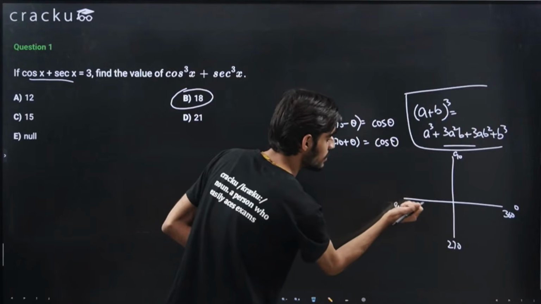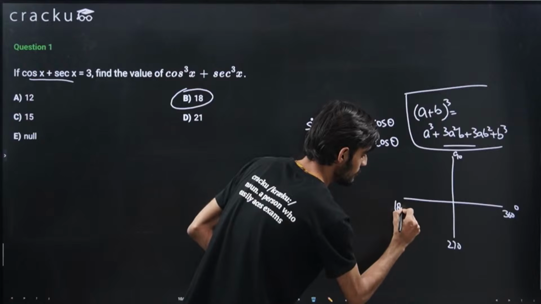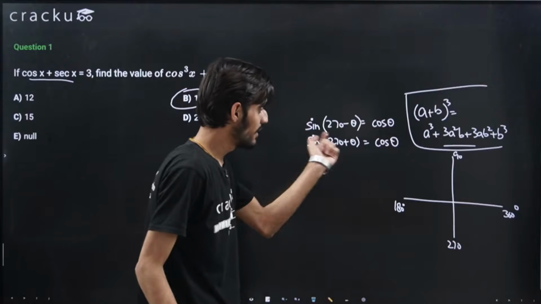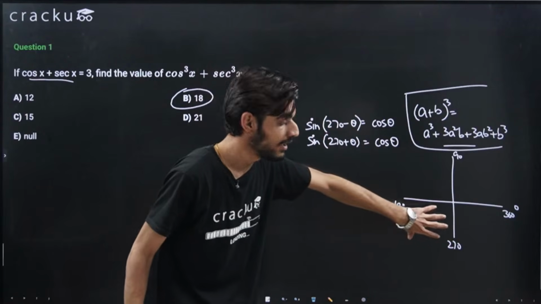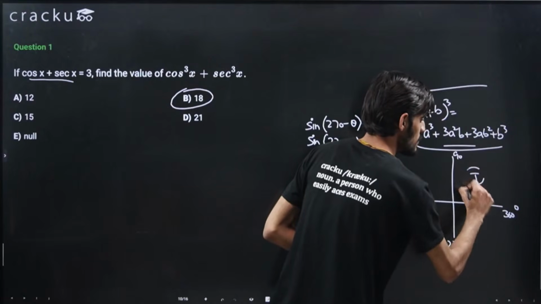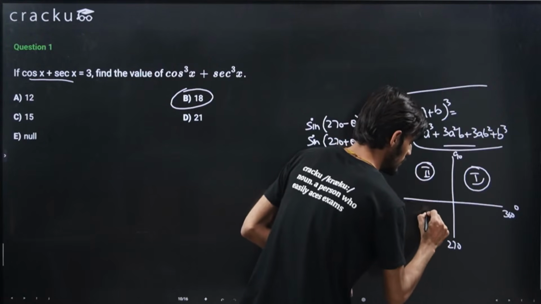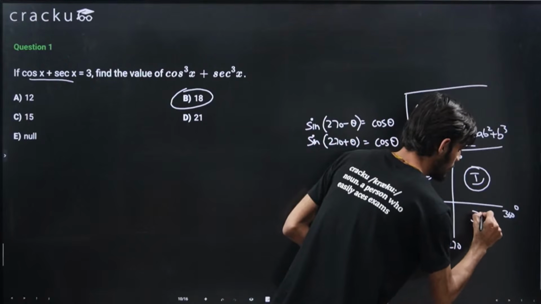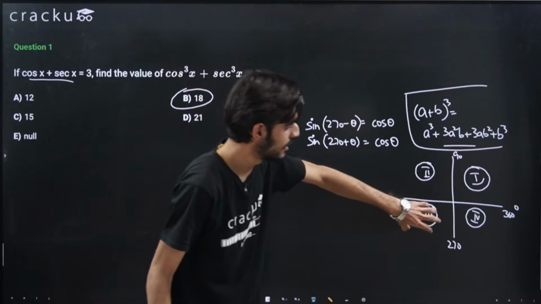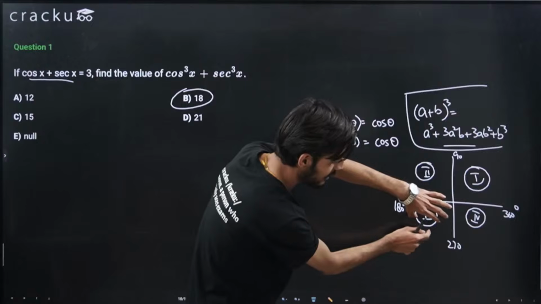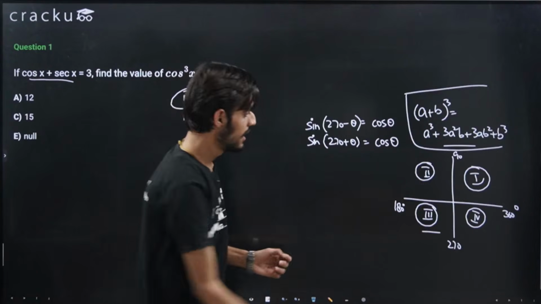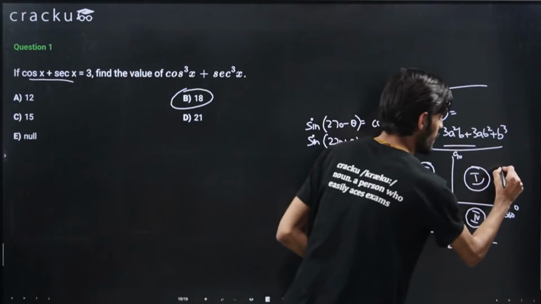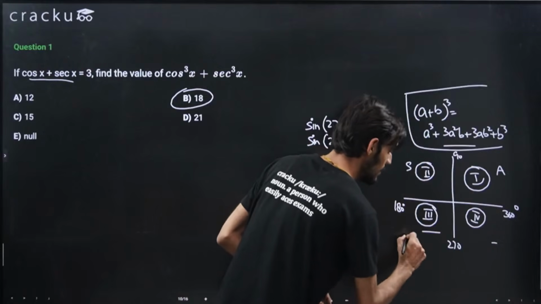So if I am writing 270 minus theta, that means I am in this particular quadrant. If I am writing 270 plus theta, then this. Okay, so this is first, this is second quadrant, this is third quadrant. Like I told you, we will be moving in the anti-clockwise direction. This will be fourth. So 270 minus theta means the third quadrant, because 270 minus something will land us in the third quadrant, and in 270 plus theta we will be coming in this particular quadrant. Because this is add sugar to coffee, that is ASTC.